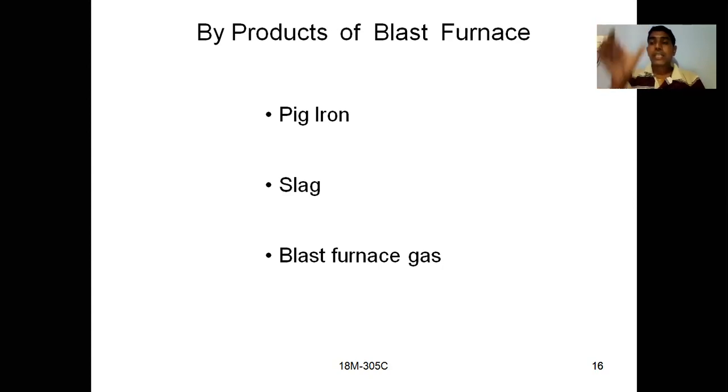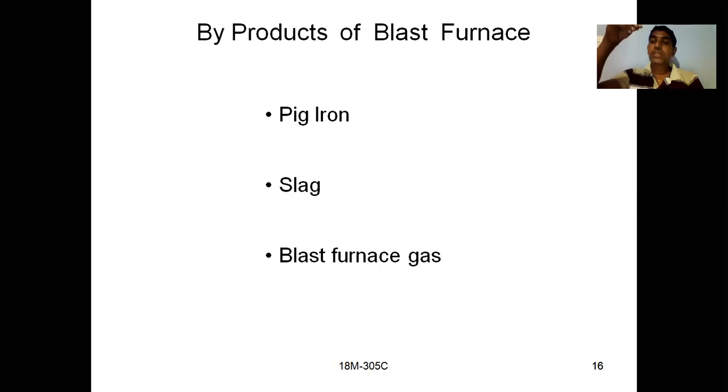So how the blast furnace construction is there. It is a cylindrical type of shell. Inside you are having refractory material, refractory bricks are placed, that means refractory lining is there. The top portion is known as throat, the middle section is known as wash, and the bottom portion is known as hearth. The wash portion is the hottest portion where the smelting will occur.